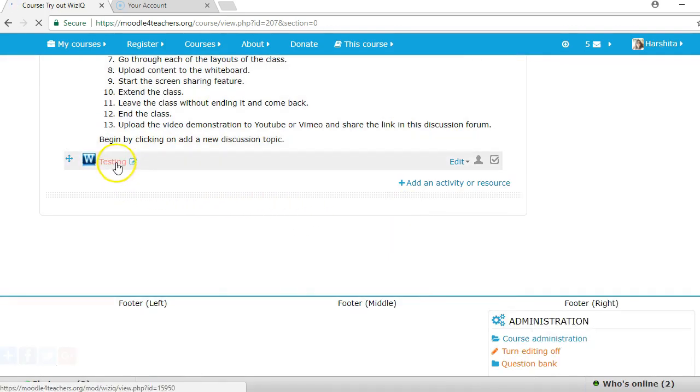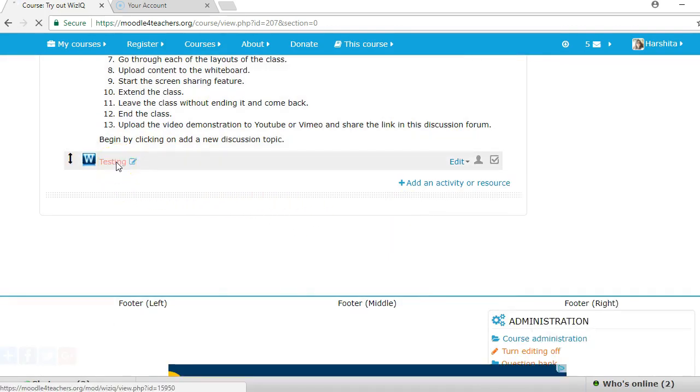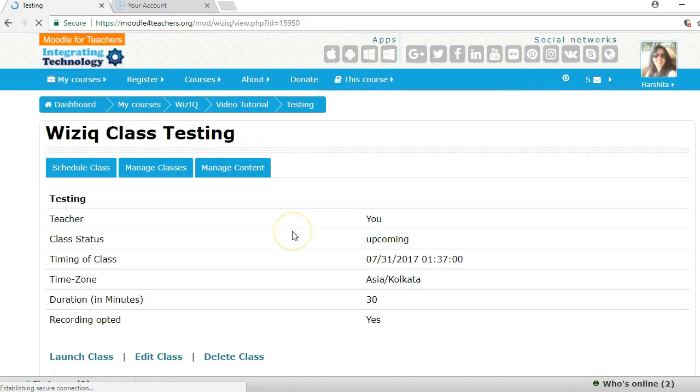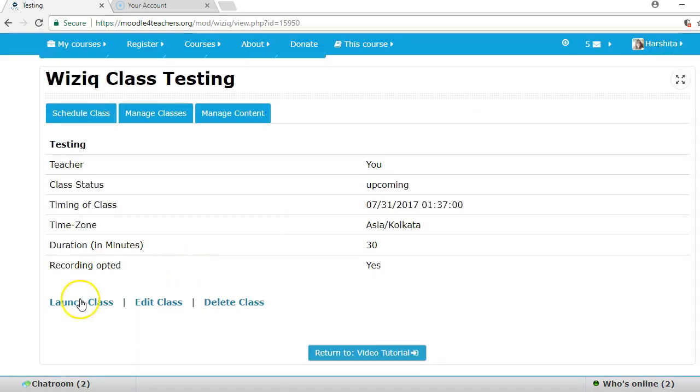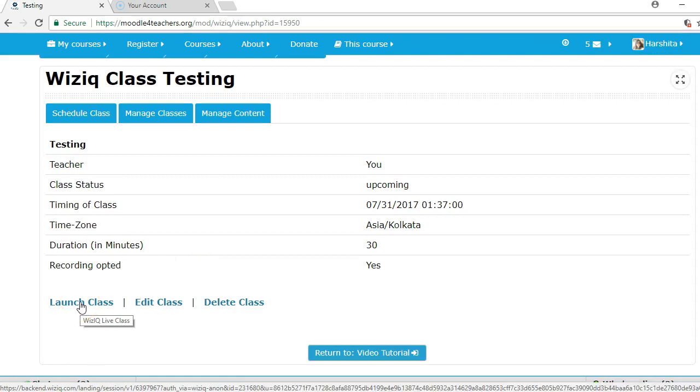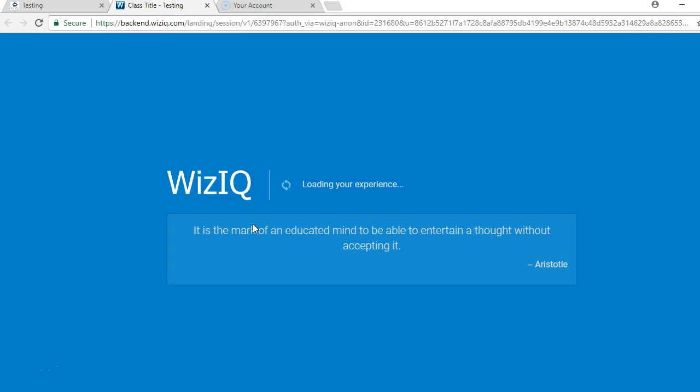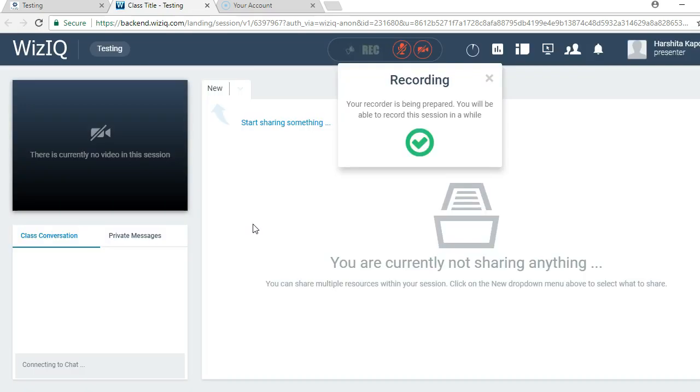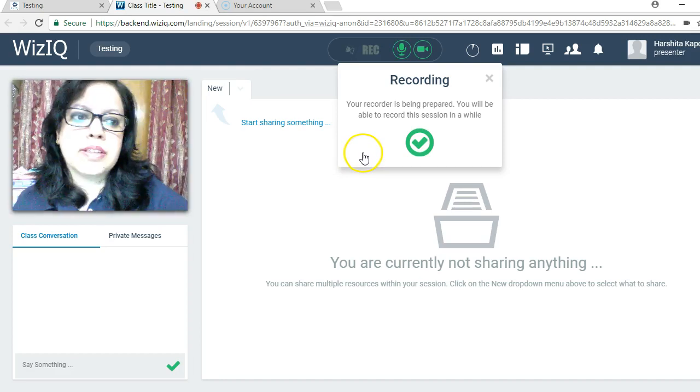Right, so it's right here, testing. Once I click on it, I am taken to the class page where it shows the details of the class. Let's say I want to launch the class now because it's been scheduled for right now. Okay, so this is the WizIQ class, and as you can see here, the recording has not yet started, but